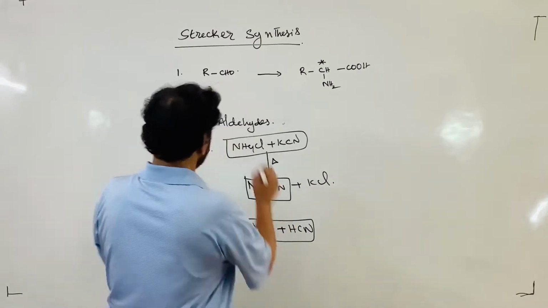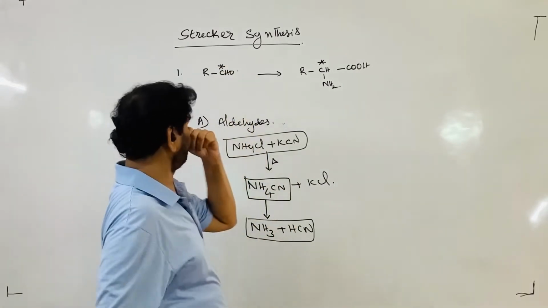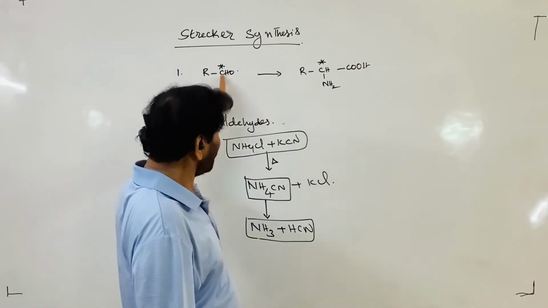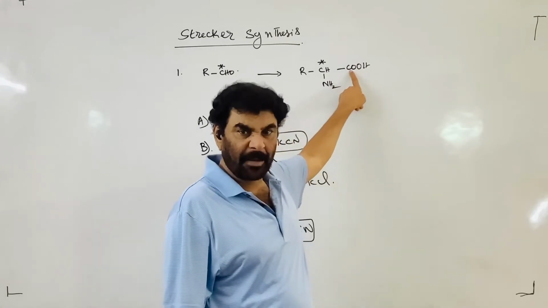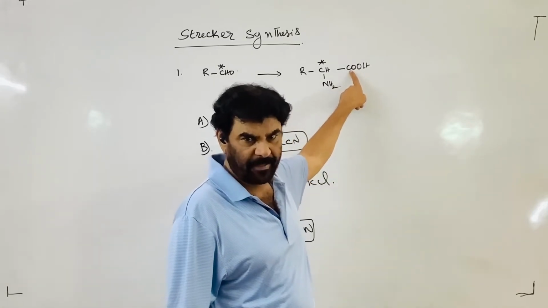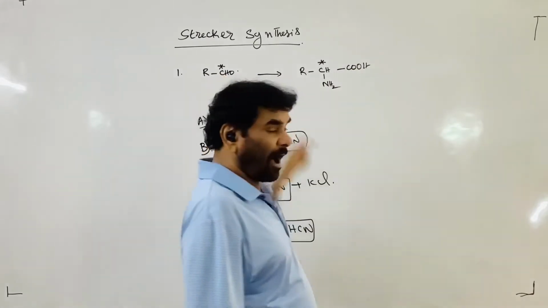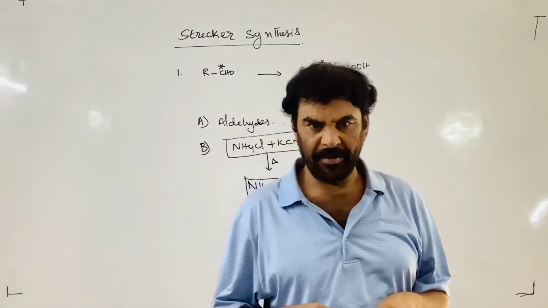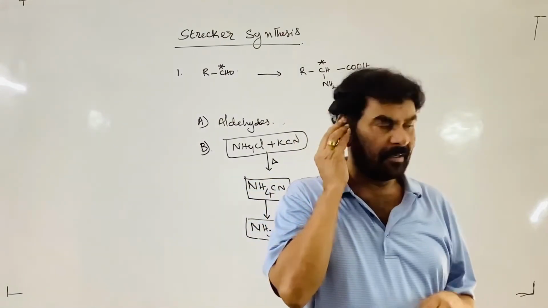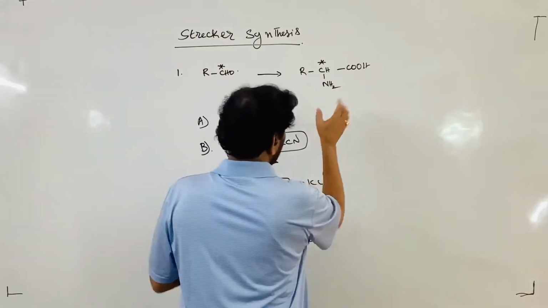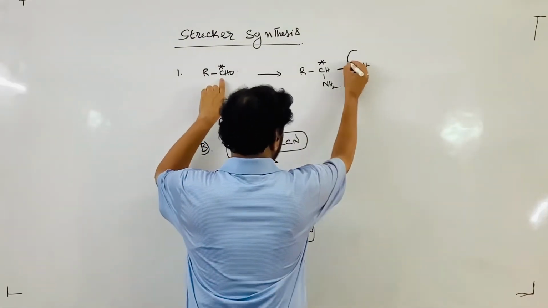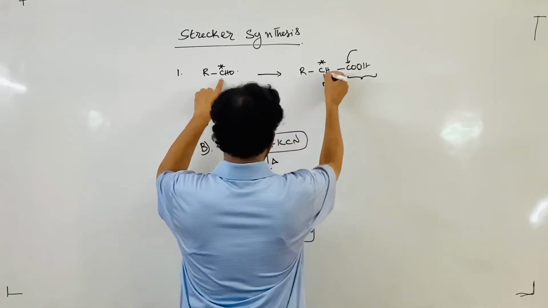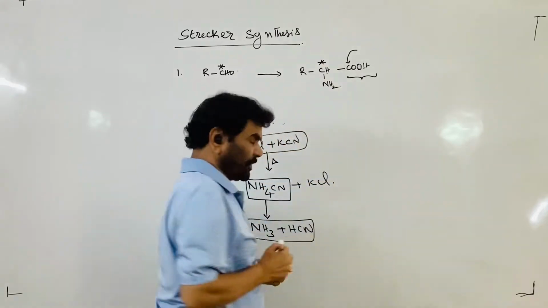I wrote this one. This is the aldehyde carbon, right? During this reaction, one carbon atom is increased that appears in the form of the COOH. And your aldehyde carbon is converted to the amine carbon, the alpha carbon with an amino group. So here, this is a newly created carbon atom. This is from the cyanide group. This is from the aldehyde and NH2 is attached.